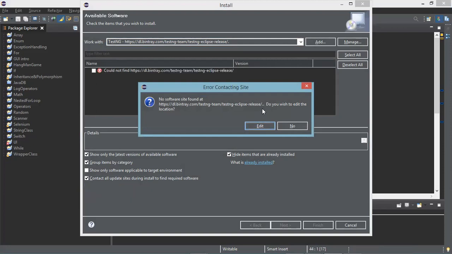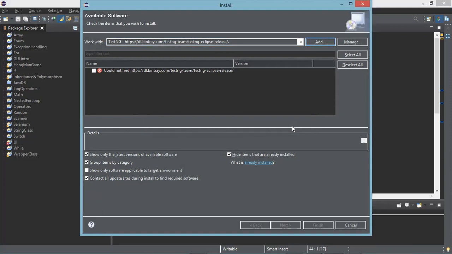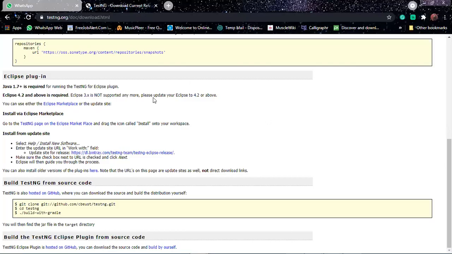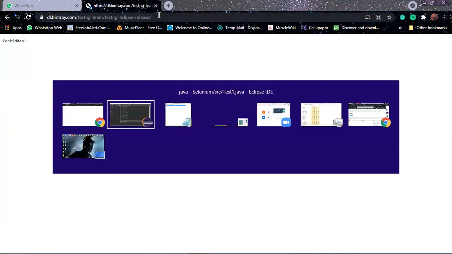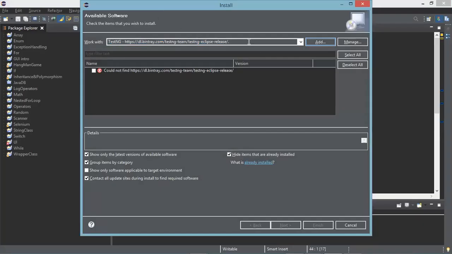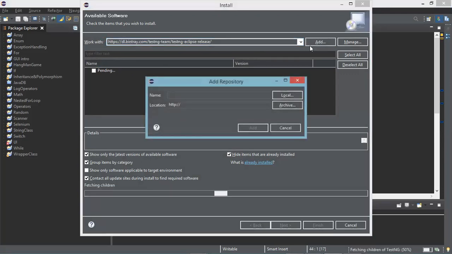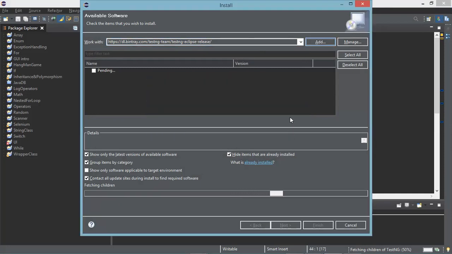We cannot open that actually. Whatever instructions are given, copy the URL from here. Wait, do not add it. Like it is loading, right? Let it try.